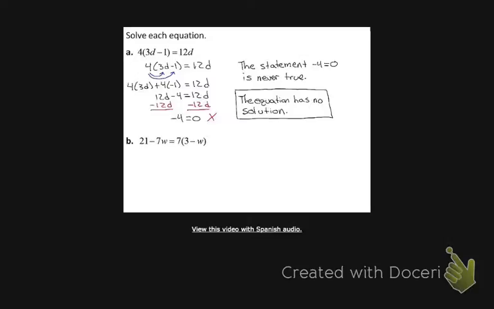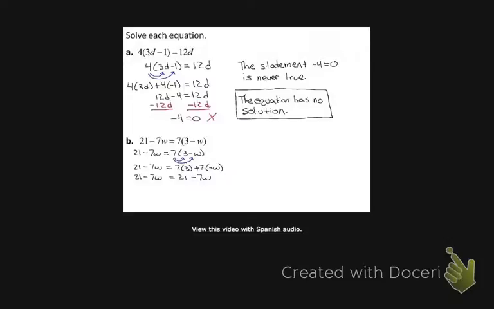Part B. 21 minus 7w equals 7 times the quantity 3 minus w. First write the equation. 21 minus 7w equals 7 times the quantity 3 minus w. Use the distributive property. Multiply 7 times 3 and 7 times negative w. 21 minus 7w equals 7 times 3 plus 7 times negative w, which simplifies to 21 minus 7w equals 21